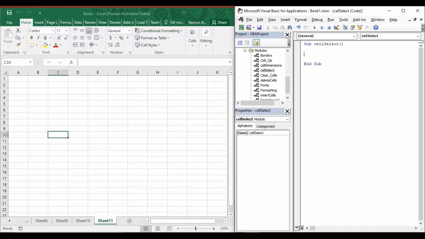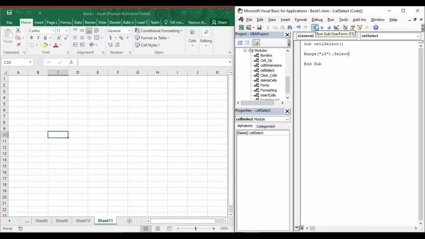So now what we are going to do is select a particular cell. The cell I want to select is I5. First of all, we use the Range function, and the reason we are using this function is so that we can refer to a particular cell. Within double quotes, write the name of the cell, I5, close the double quotes and close the parenthesis. Now once you press the dot, you have to search for an option called Select. Once you type it, you can see Select is written. And that's it. This is the code for selecting a particular cell.